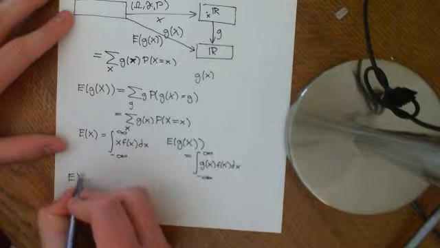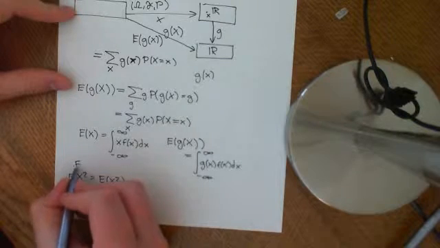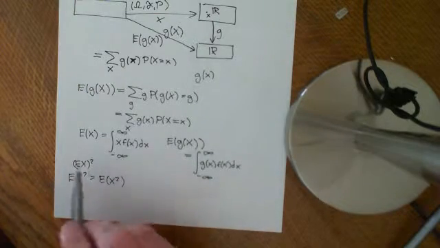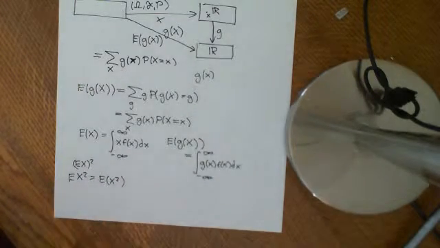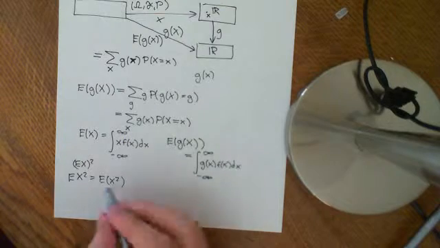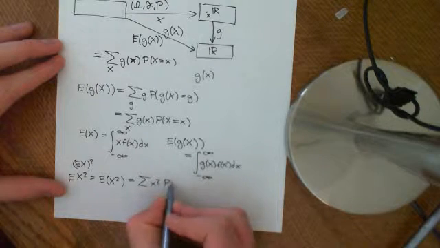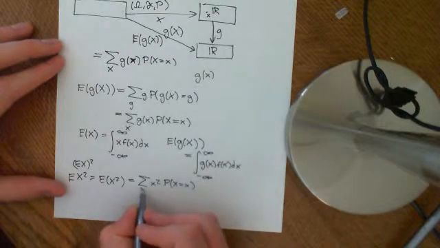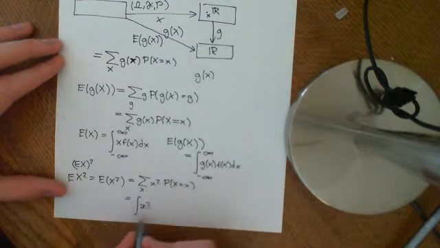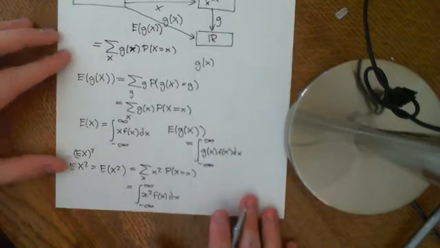And the reason that this is so useful is that if we want to calculate E of x squared, meaning if I use the brackets, E of x squared, the expected value of x squared. If I omit the brackets, I will write E of x, all squared, meaning the expected value of x and then take that number and square it, rather than take the value squared and then find the expected value. If we want to find that, it means that it's going to be equal to the sum of x squared times the probability that X is equal to x, over all x. Or if it's a continuous random variable, it's the integral between negative infinity and infinity of x squared times the probability density function f of x dx. So that's going to be very helpful when we actually